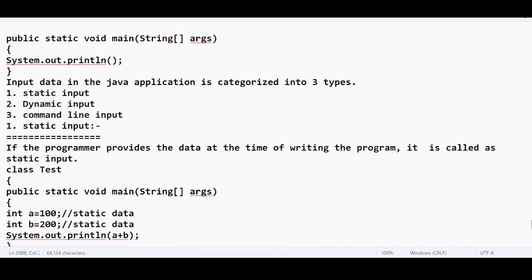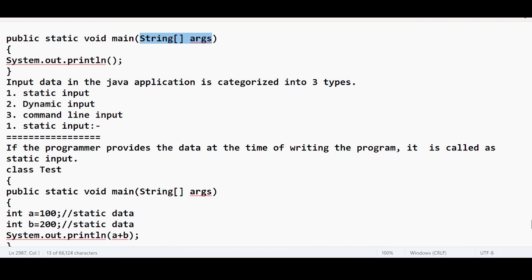Of course, we know that this is an internal design because this is how the main method is designed. But what are the advantages that we have on top of this string array arguments? What are the advantages we as developers, we as programmers, have on top of this parameter? Especially when I say parameter, it is nothing but string array arguments. This part is going to accept arguments from the end user in the command prompt. To understand this particular thing,